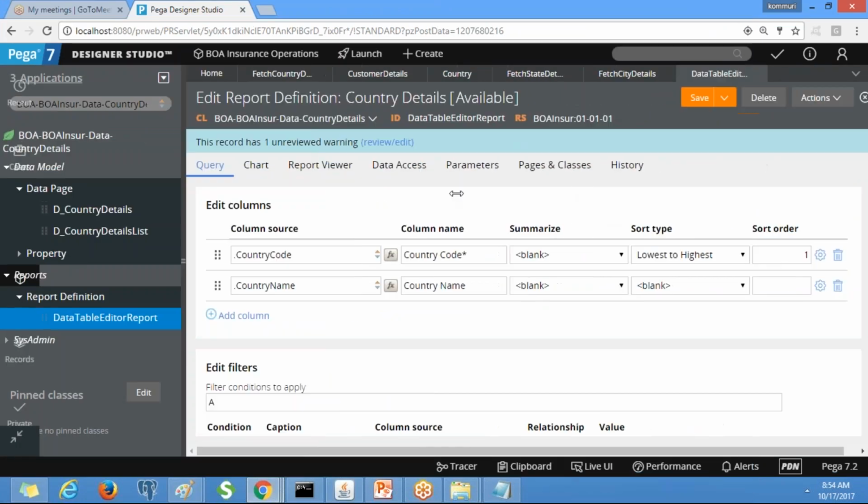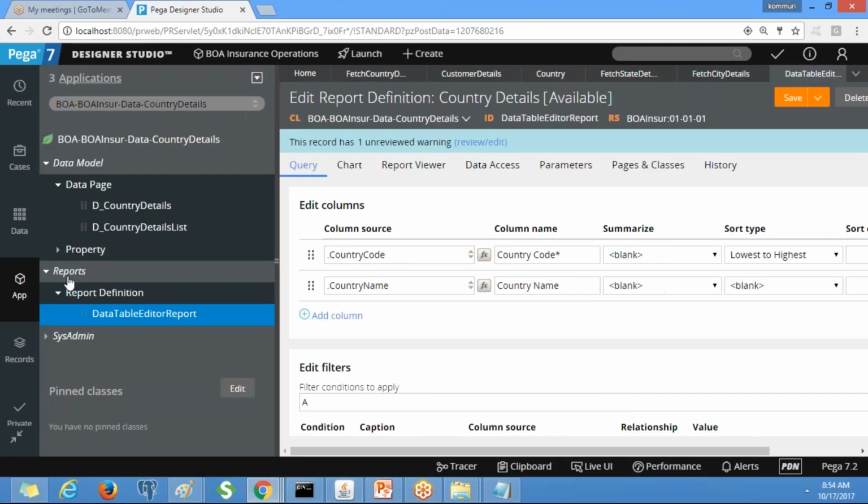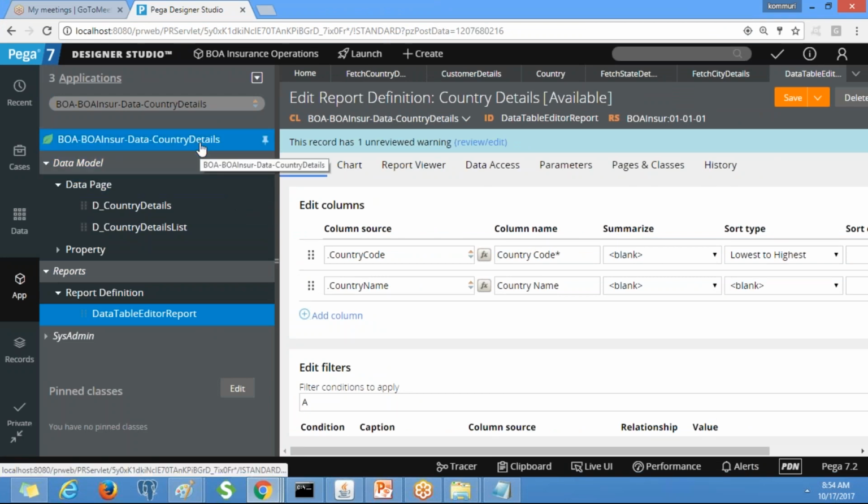Now what I am doing here is creating a new report definition under the same class. If I want to fetch the data from this class, I have to create a report definition under this class only. If you want to fetch a report from the work class, you need to create a report definition under the work class.